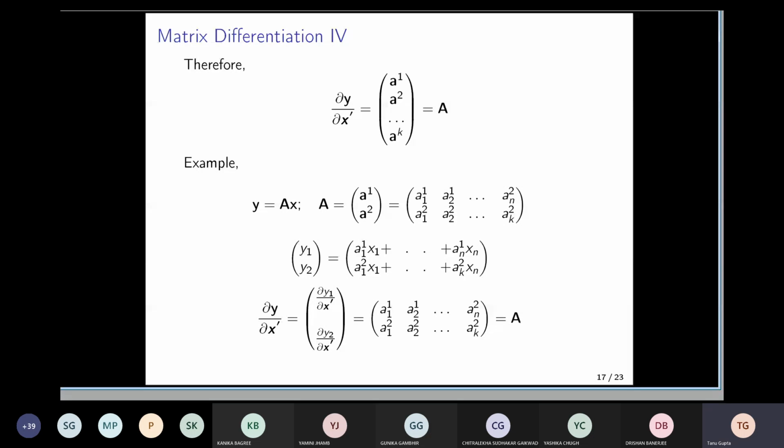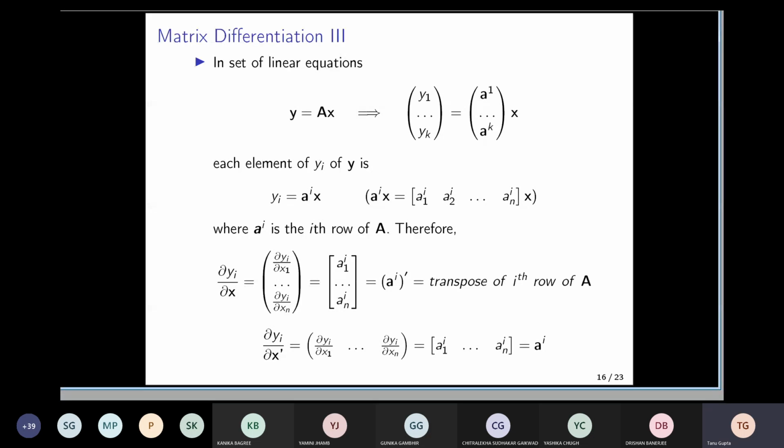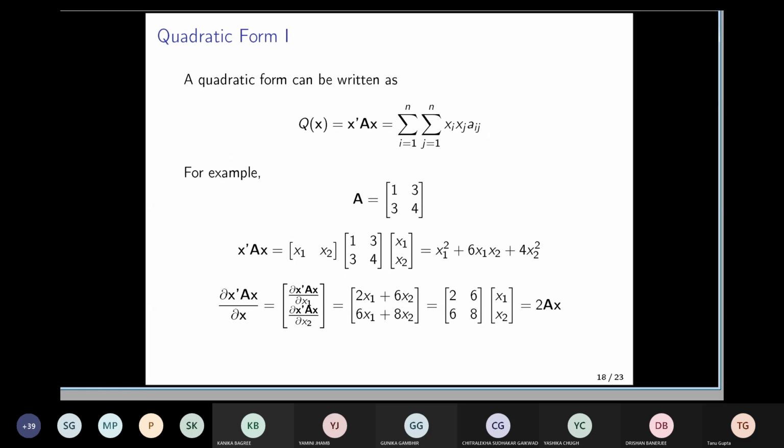Okay, so far we have talked about linear systems of equations. Now suppose we have quadratic forms. So we'll talk about the quadratic form. A quadratic form can be written as